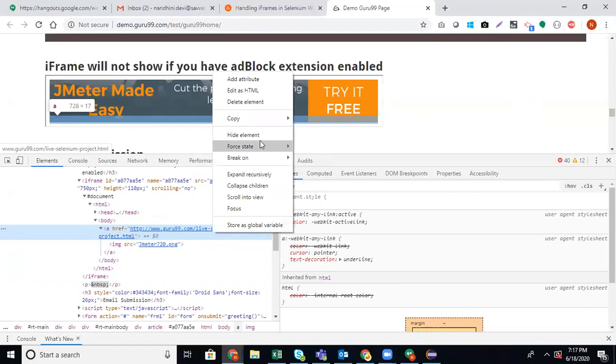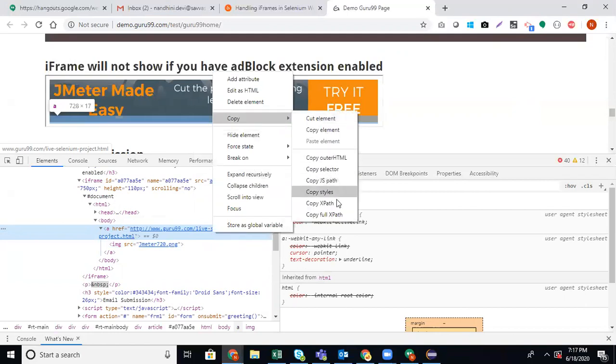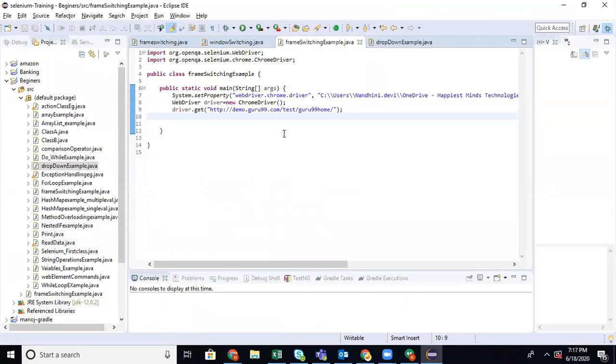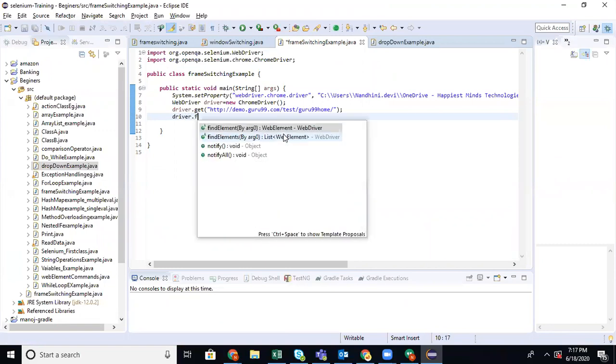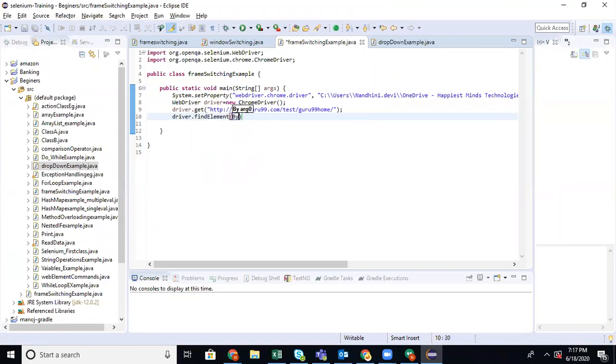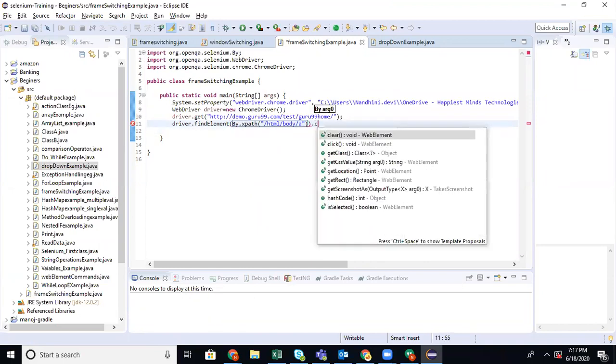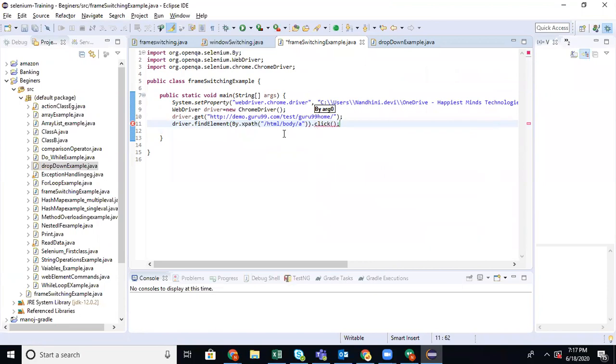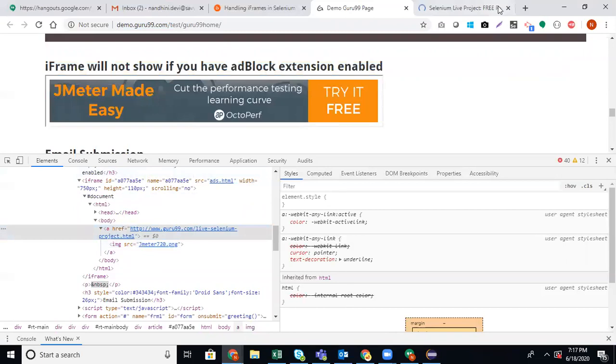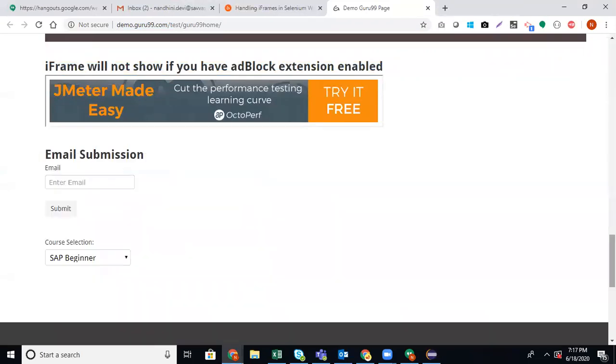So I'm just taking the XPath for easy purposes. Copy the XPath, dot click. Simply I'm going to click it. If I click it, it has to go to the other page. So let's see how this works.